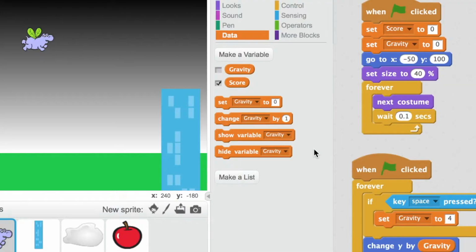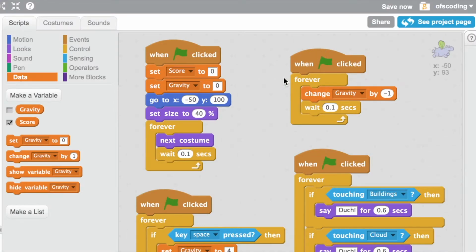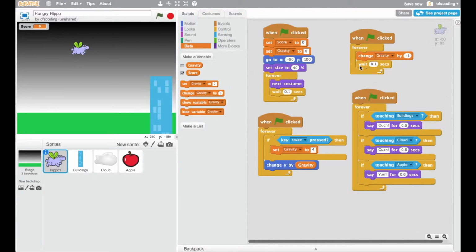To begin with, an important thing to understand is that I've created a data variable called gravity, and the way that gravity works, particularly in this block of code just here, is that gravity is going to change by -1 with a small wait block just to slow it down a little bit so that the hippo falls to the ground with velocity and gets faster and faster. If I click on the green flag, you'll see